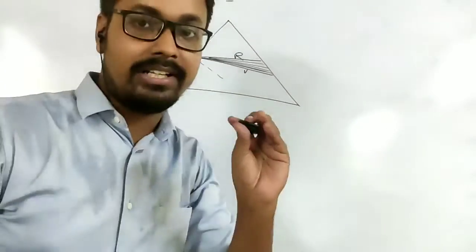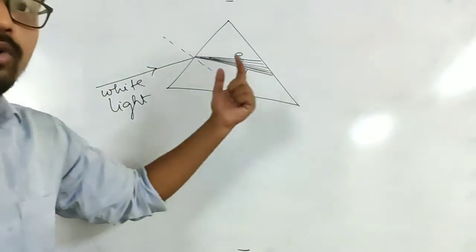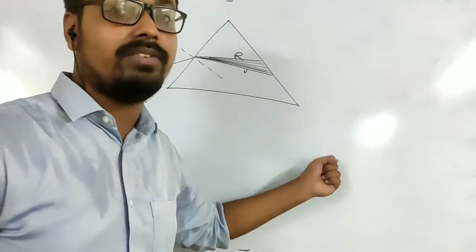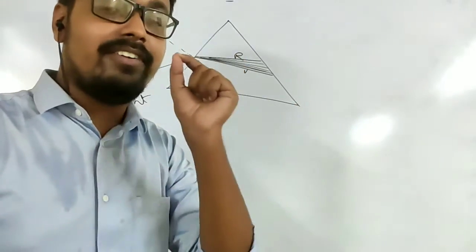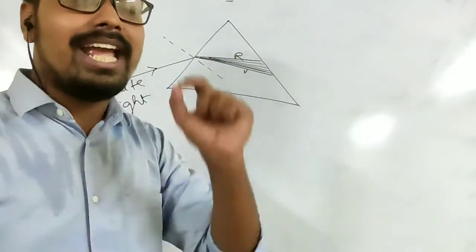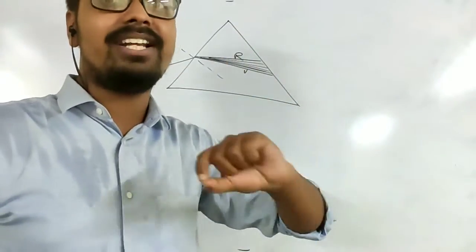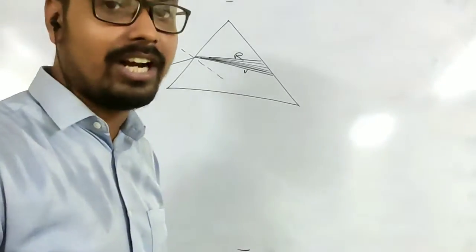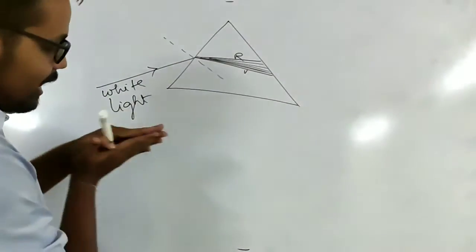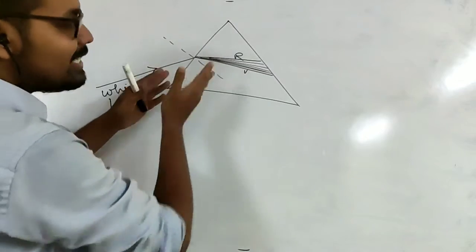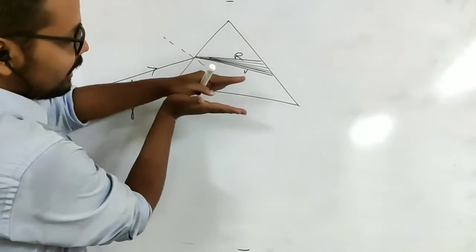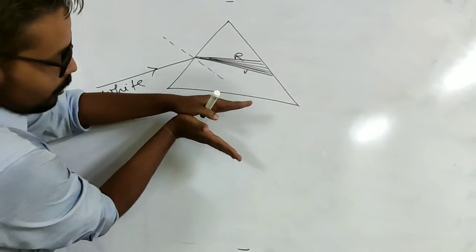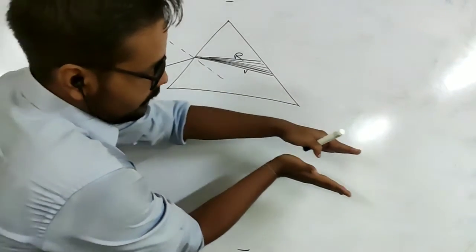This is because of wavelength. That's why I wrote VIBGYOR at the beginning, to make you understand that violet has the smallest wavelength and red has the largest wavelength. Why is it important? Because violet, having the smallest wavelength, will be deviated more, and red, having the longest wavelength, will be deviated the least. There will be very minimum deviation of red light. As a result, what happens? The light was coming together, but because of this change in the medium, they refract in a different way. The one with the shortest wavelength will be refracted more, the one with the longest wavelength will be refracted less, and they move in this direction.